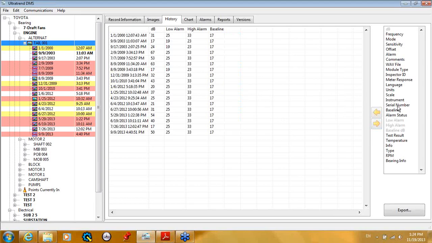Now, once you're all done with the different options you can choose from here, you can export this to a notepad, so you can have this in a document that you can go back to later instead of opening up DMS every single time. So all we have to do is hit export